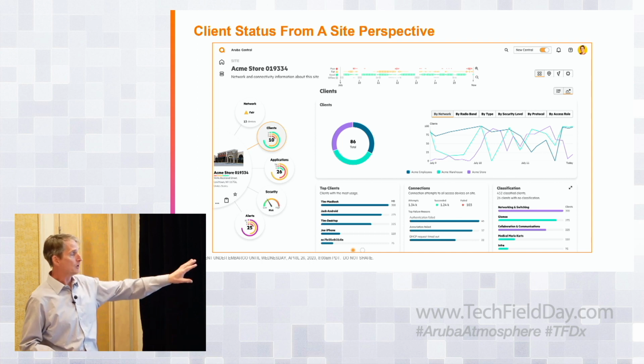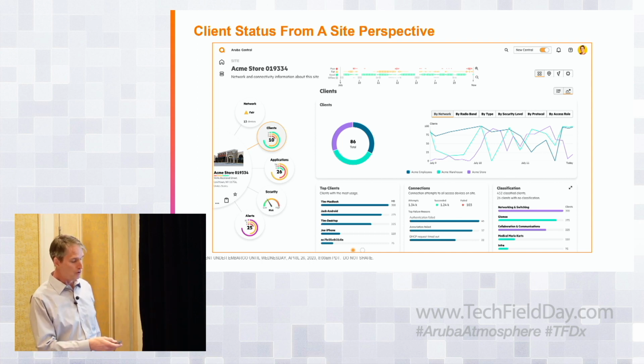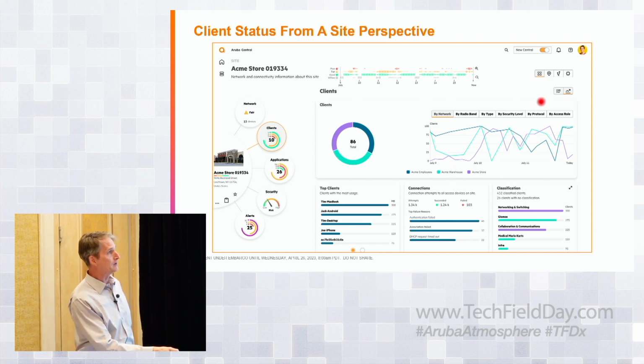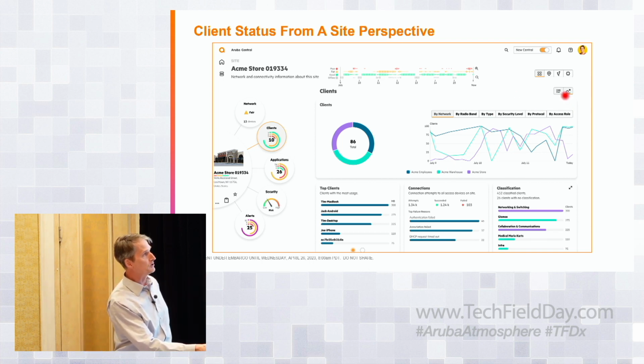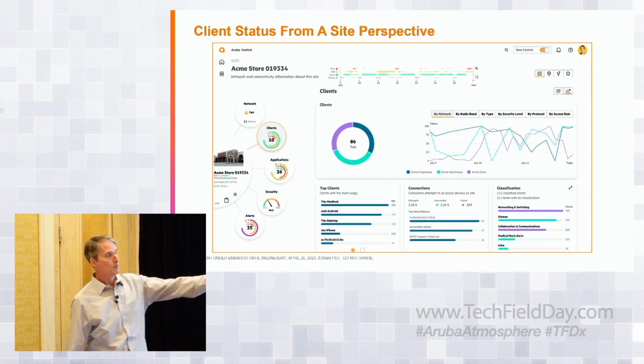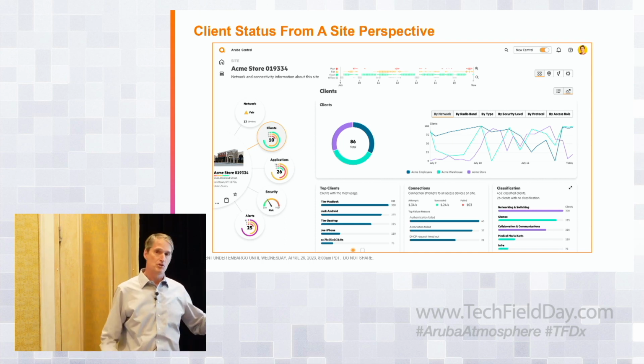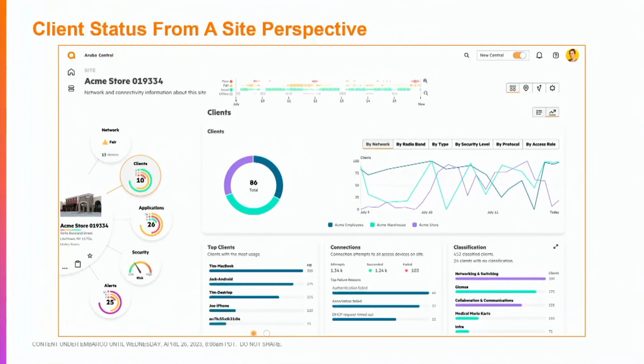attributes. And so if we look at a different view of the client tab, and here's where we selected this other view, which is the graph view, we pick up a display which shows that same data set, not as a list of clients, but as an aggregation of information about what clients are on the network, what they're doing, what kind of activity they have, top talkers, connections, and also classification over here showing what's on the